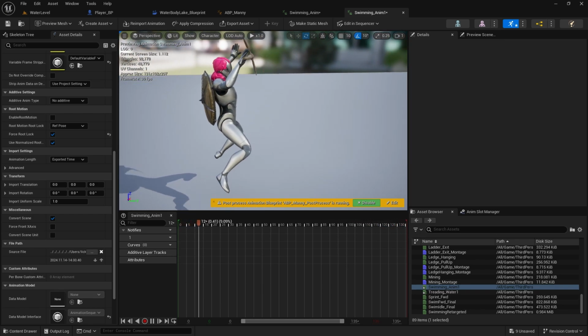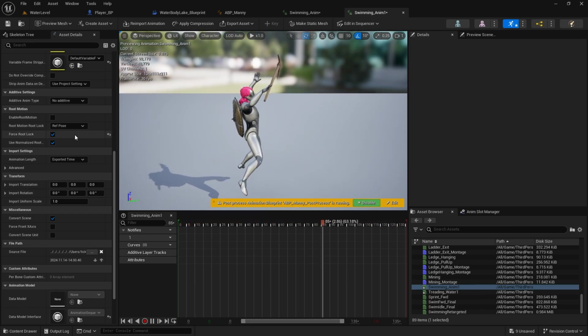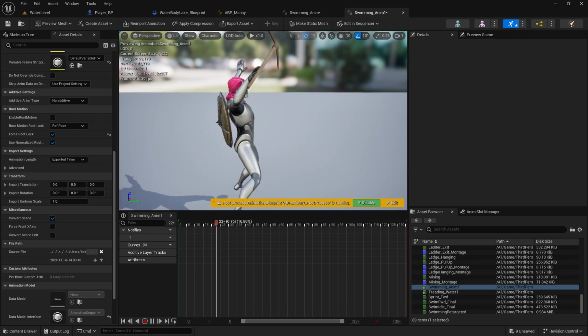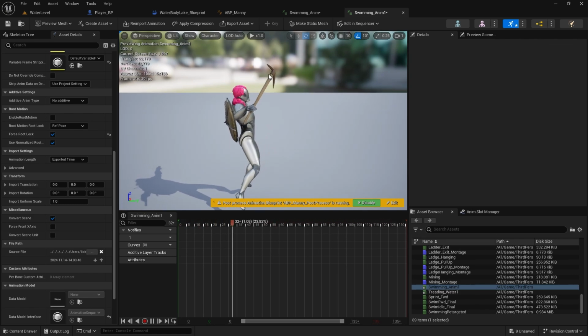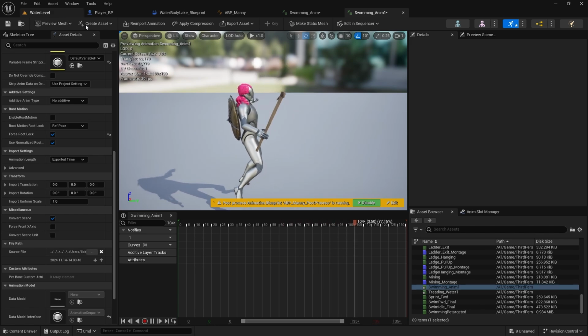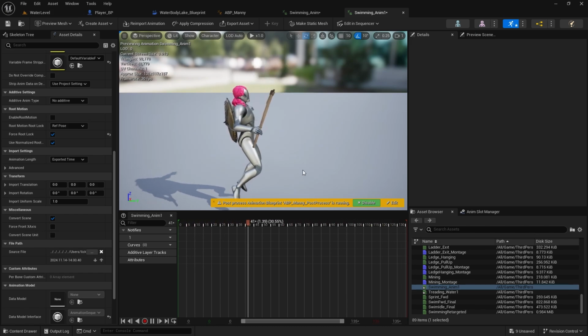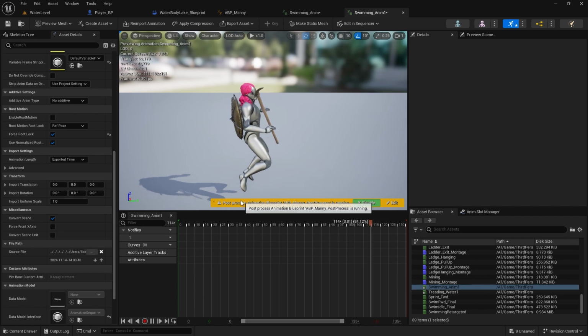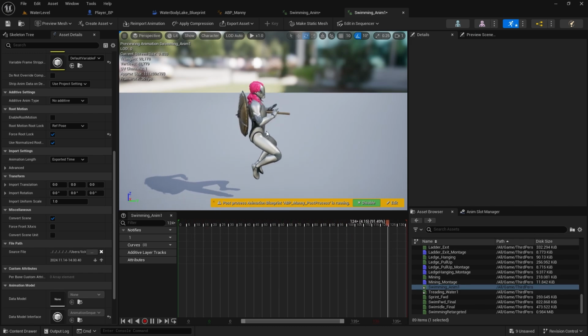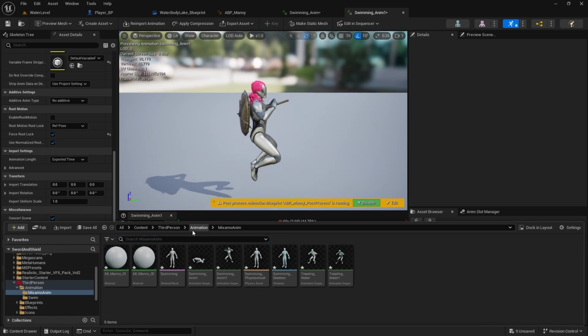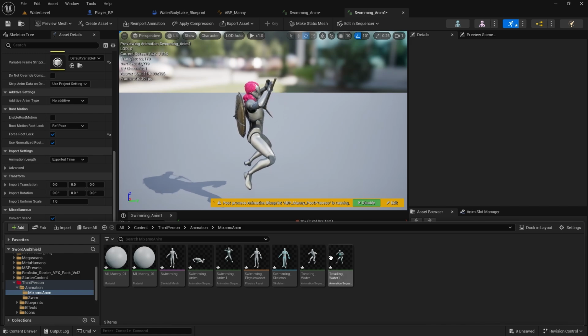And again, Click.o animations can be quite buggy with this force root lock. Sometimes it doesn't even work. And in this case, it actually rotated my character upward. So what we can do is select the scene component and rotate it ourselves, because we already know how. But I actually have the Click.o retargeter that does this type of stuff for you. It's for free, you can also download it. It's a little bit tricky to figure out, but after you manage to install it and everything, it's quite easy. But I have included this retargeted animation for you, so you can just download it,